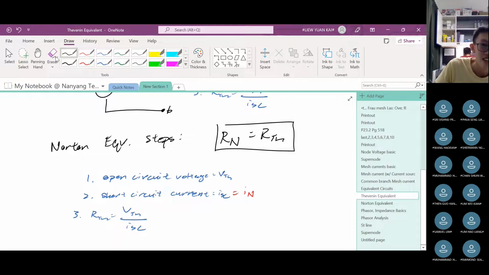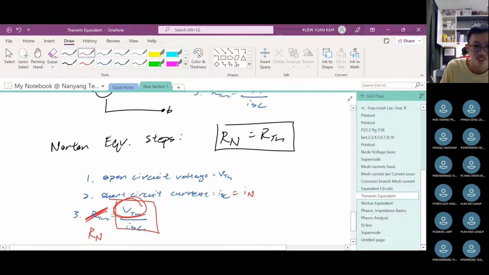That means this, right? Instead of R Thevenin, I could just call this R Norton. And these things are the same. You still use the open circuit voltage to divide by the short circuit current. Or I can think of this as I N right now. So it's the same thing. Now with that,